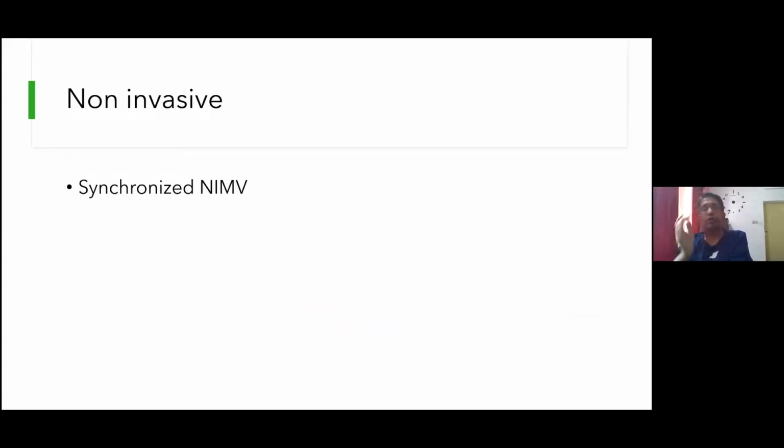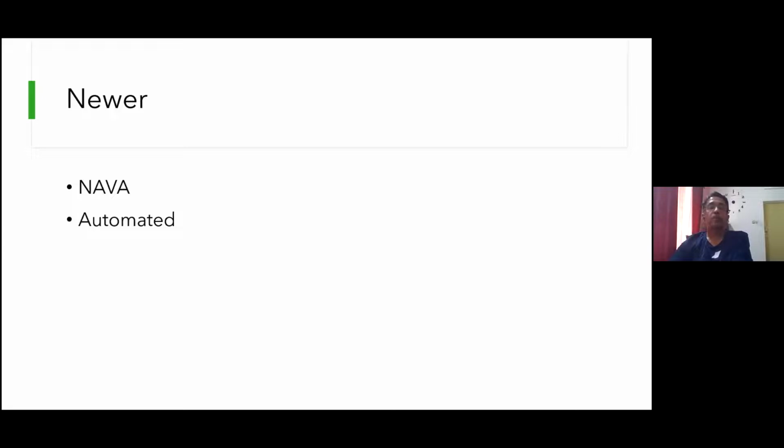There are other modes which I will not touch upon today unless a specific question is asked at the end of the presentation. For example, I can use even non-invasive modes to synchronize. You can easily understand that they would require very high quality sensors to put in the nose rather than in the ET tube and pick up all the breaths. So there are a few non-synchronized or synchronized modes of nasal ventilation, nasal IMV. Newer modes can pick up the signal directly from the nerve that is supplying the diaphragm, the phrenic nerve. So there is no risk of leaking of gases, auto cycling, or delay in the signal, because you're taking it right from the baby's brain to the diaphragm.